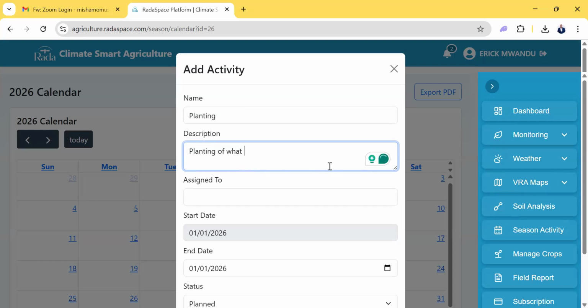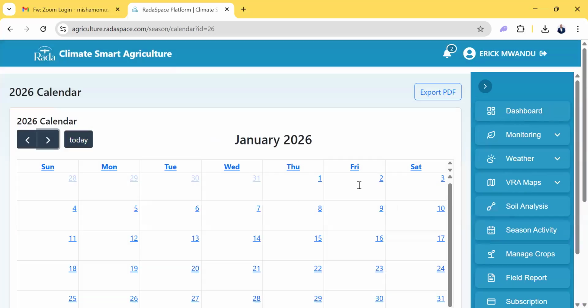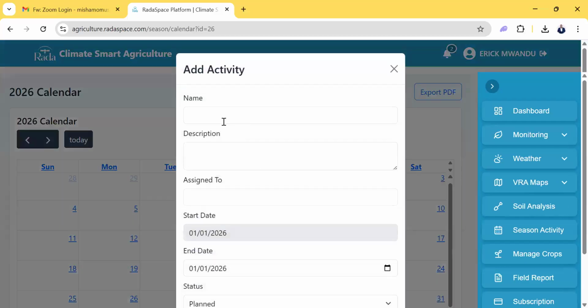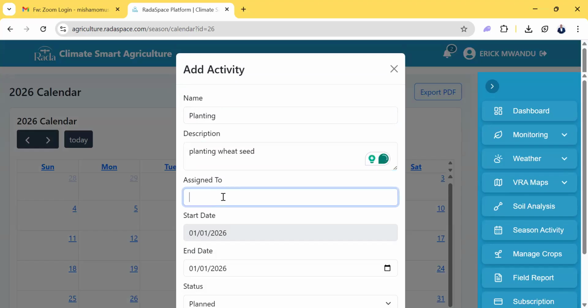You can put in a comment or a description of your activity, and you can assign it to someone. So let's say planting wheat seed. Planting with seed. I can assign it to Musa, and the start date is 1st